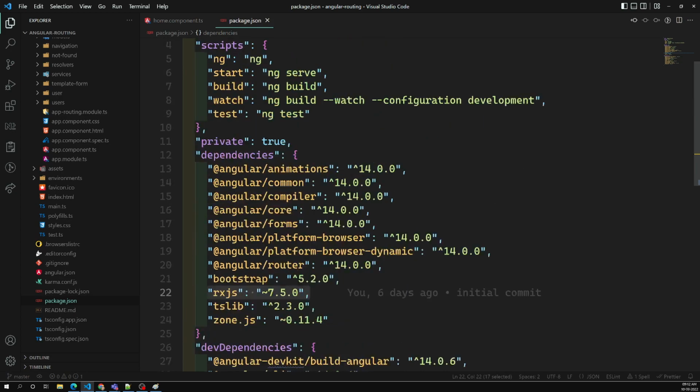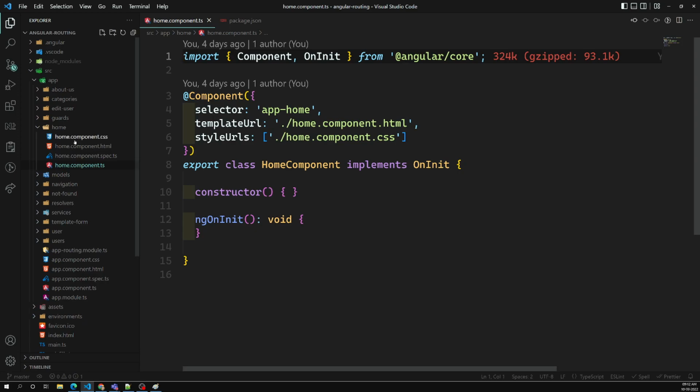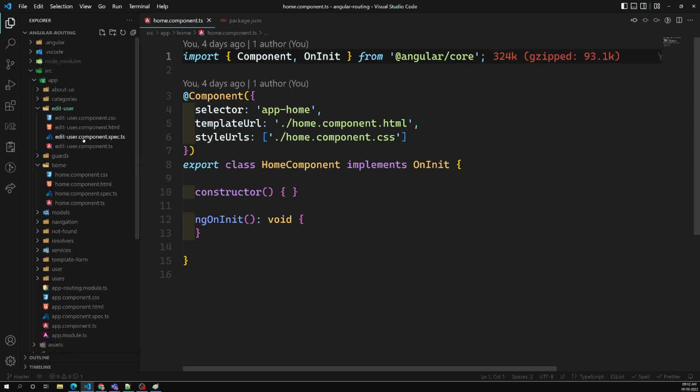RxJS completely uses this one. Sorry, Angular completely uses this one. Now let's try to see. If you go to our edit user,